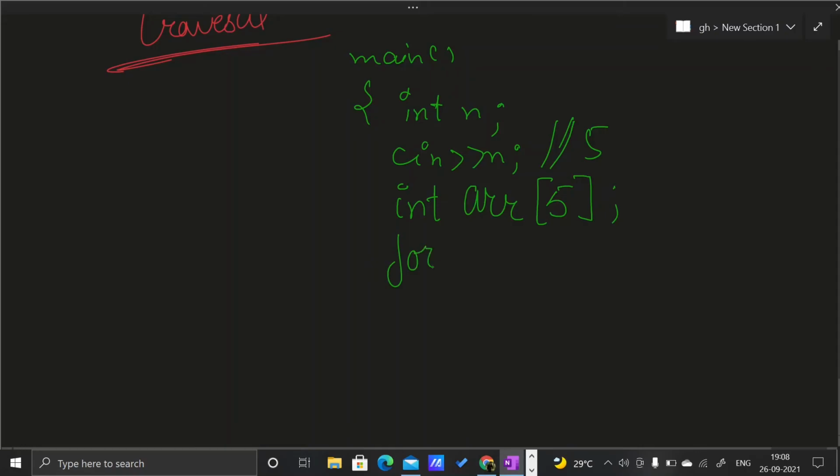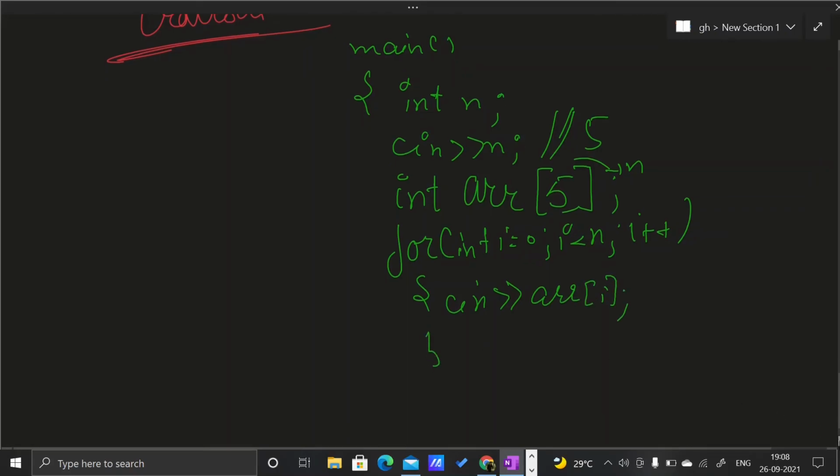Now loop through the array: i less than n, i plus plus. Here, instead of 5, I can also pass n, as n has size 5. Then I'll get the value from the user for ARR of i.